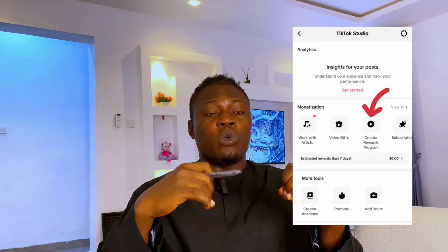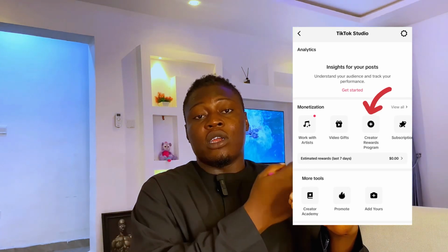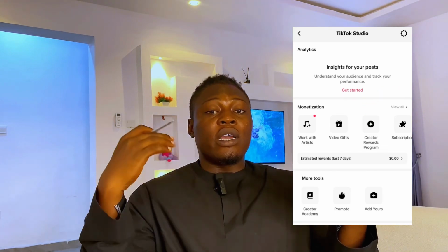So because we want a TikTok account that will have this Creators Reward Program, we create a TikTok account from a country that is eligible, because some countries like Nigeria and other African countries are not eligible for this program. So because we want to monetize our TikTok with this Creators Reward Program, we create a TikTok account from the United States, from the UK, different countries which are eligible. So because this account is a US account, we call it an international TikTok account, right?